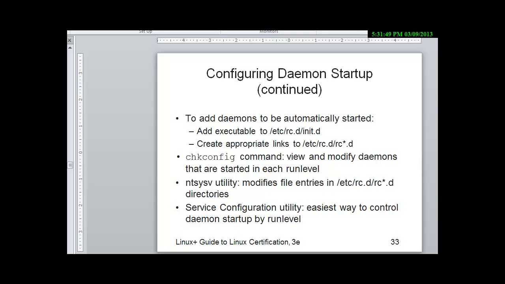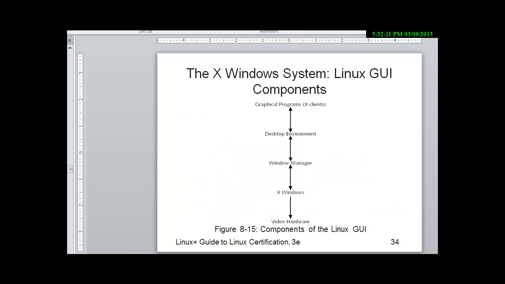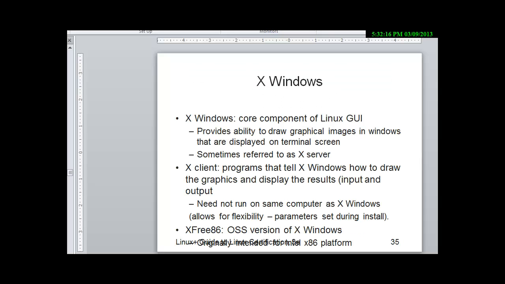And we can configure those daemons we want to be started automatically through that /etc/rc.d directory, and then under the RC is runtime configuration, and we can start services under that directory automatically at boot. Next we'll talk about X Windows, and X Windows is the core component of your Linux GUI,